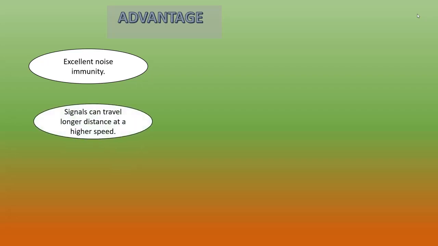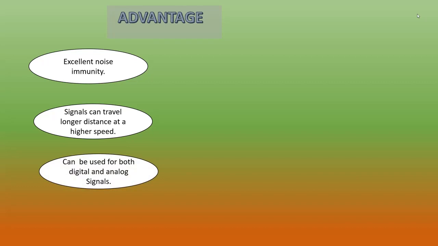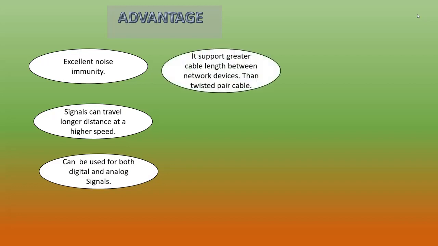It has excellent noise immunity. Signals can be transmitted over a longer distance compared to twisted pair cable. It can be used for both digital and analog signal communication. Several channels can be transmitted simultaneously